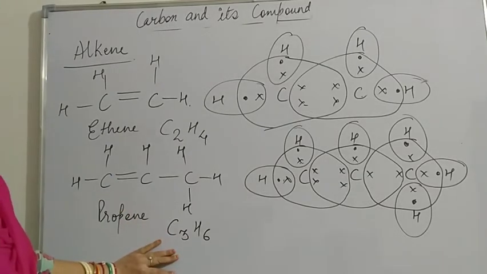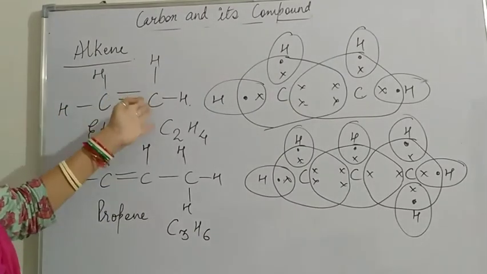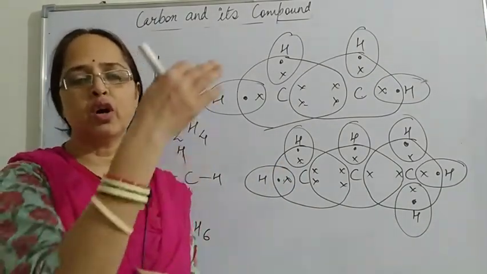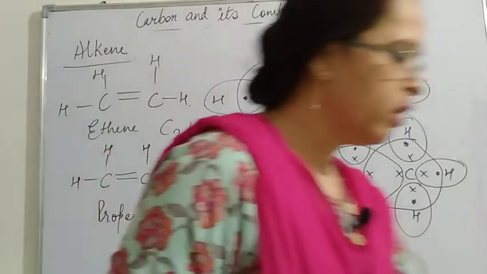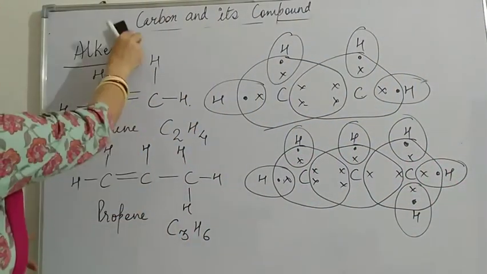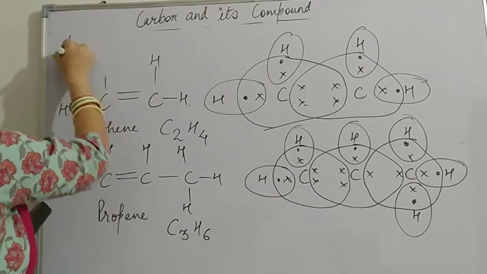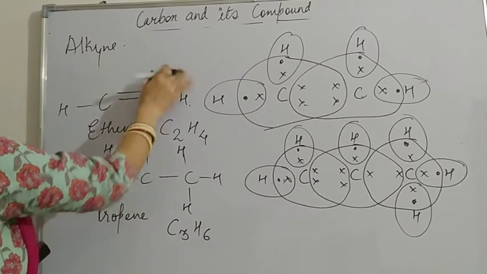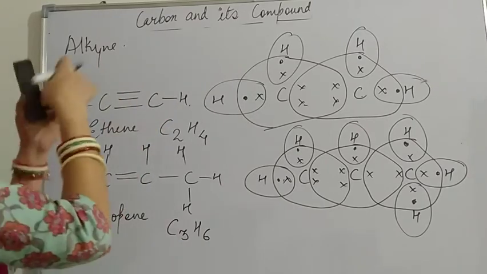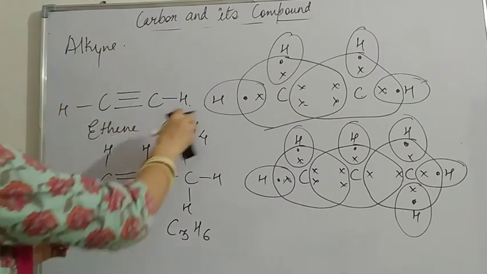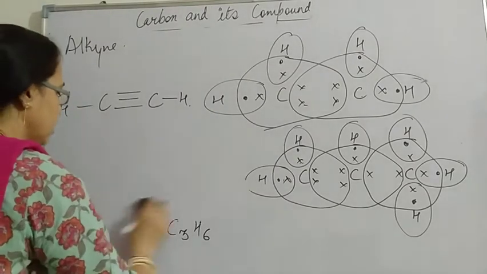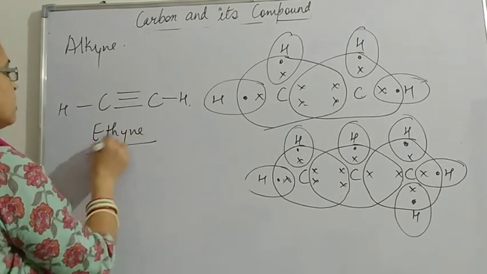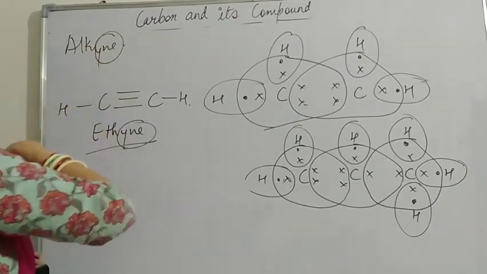Now we'll discuss the alkyne. In this way, when we make the electron dot structure, we'll write down the structural formula for alkane. We can write it down for all the members. Now for alkyne we'll discuss here. In alkyne we know that there is a triple bond. So I'll make here a triple bond, with hydrogens removed. It is named ethyne. The suffix will be YNE as the suffix of alkyne.